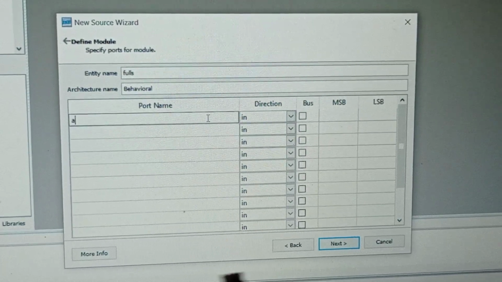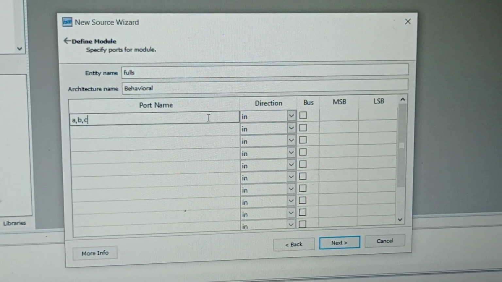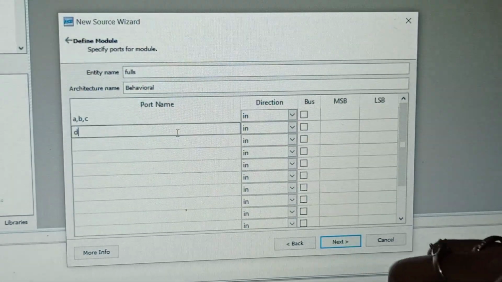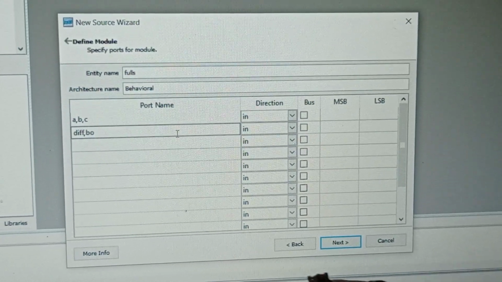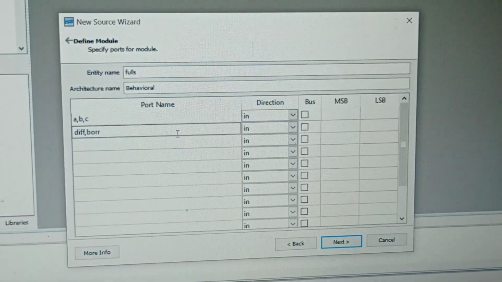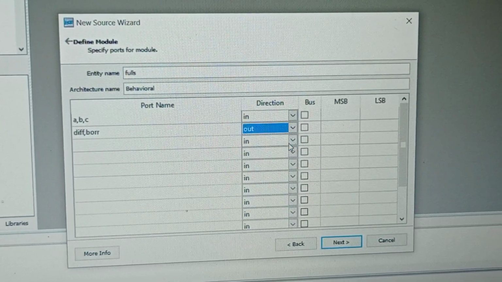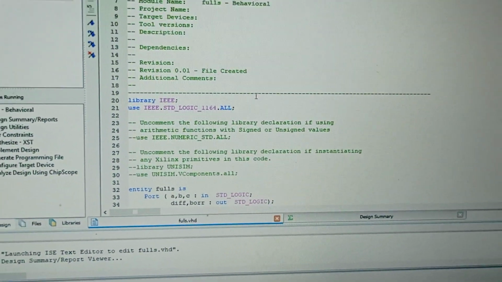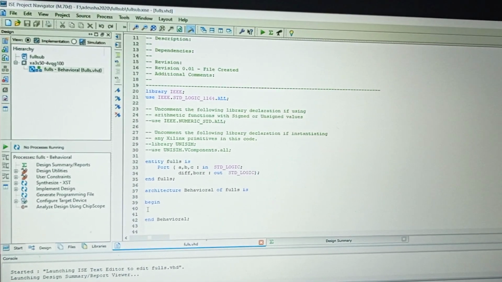For full subtractor, we need 3 inputs. So, A, B, C are the input directions, and difference DIFF and BORR are the 2 outputs. So, change the direction as out and click next. Finish. Write the coding here in the beginning section.